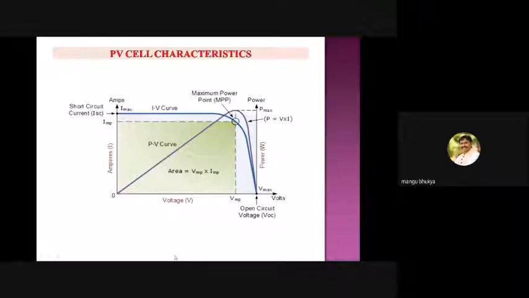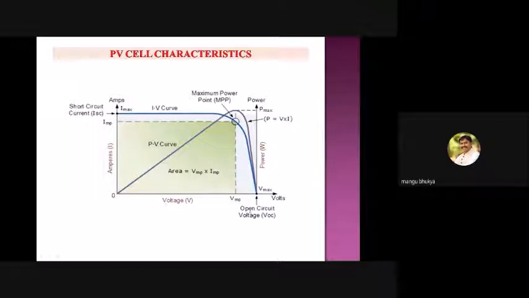And in open circuit, if you keep the positive and negative terminals open without connecting any wire and measure the voltage between those two terminals, you get the maximum voltage, and the current is 0. Here voltage is 0 and under that condition we get the maximum current, and under the maximum voltage condition the current is 0. Now, this is the current characteristic.